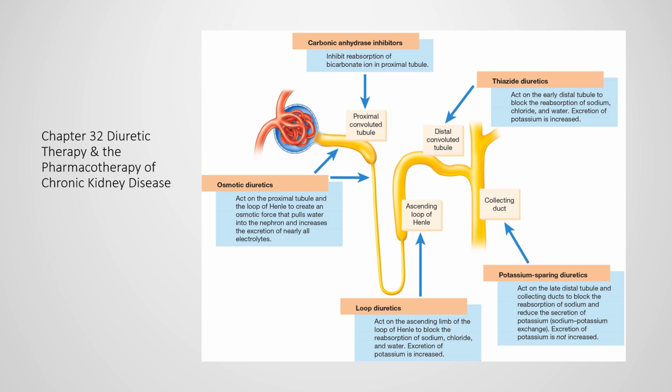So here is an image of a nephron. At the beginning, you have the glomerulus, where that tuft of blood vessels are, the glomerular blood vessels. And then you have the proximal convoluted tubule, that first part. Then you have the descending loop of Henle, the ascending loop of Henle, the distal convoluted tubule, followed by the collecting ducts. And the collecting ducts, if you were to take all of them, they're the ones that start to combine together